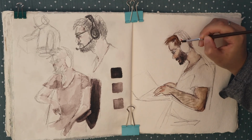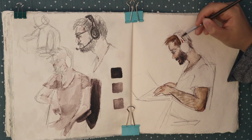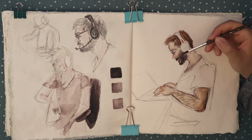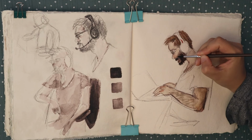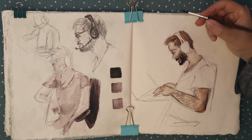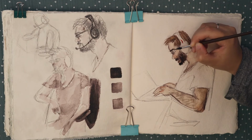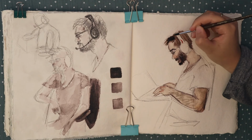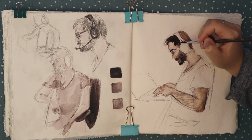And the most important thing about asking people you love to let you draw them is that it makes you want to draw. It makes you want to fill up pages with sketches of them because they are someone you really like or someone you love, depending on your relationship with them. So in this case, it made me very happy to be drawing him. And the second tip would be